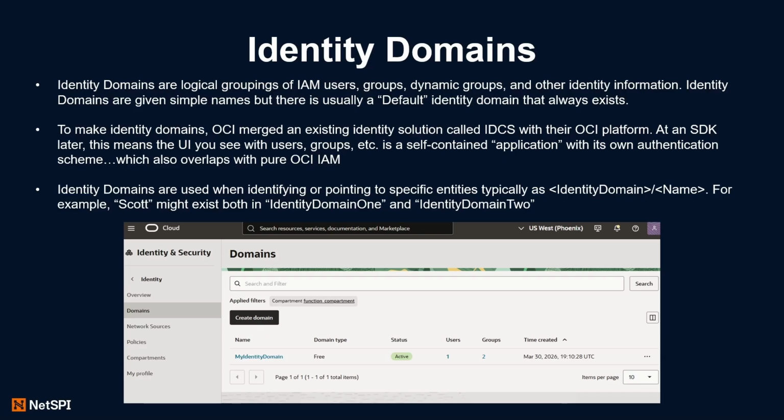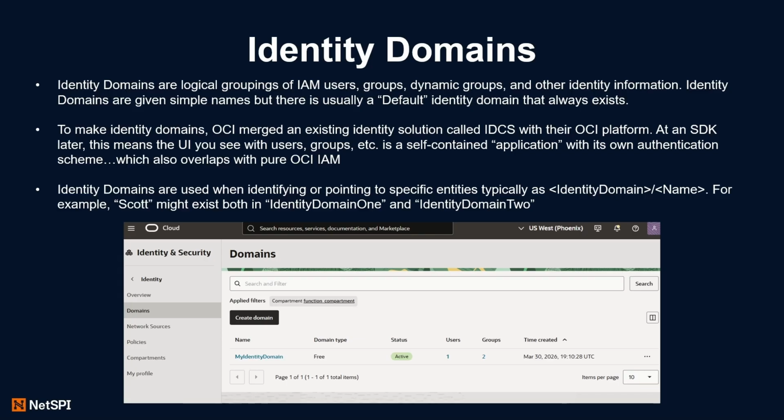So you can separate them by another boundary, and that helps because you can have certain users in one identity domain that has a specific password policy versus others, and break it up that way. The interesting thing there is that when you're referencing a user in an identity domain, you usually want to prepend the identity domain name because, for example, in our previous example, maybe there is a user called Scott at company A, and there's a user called Scott at company B.